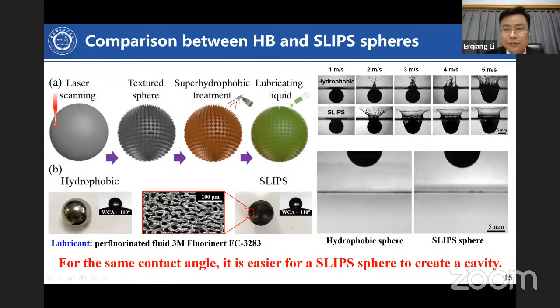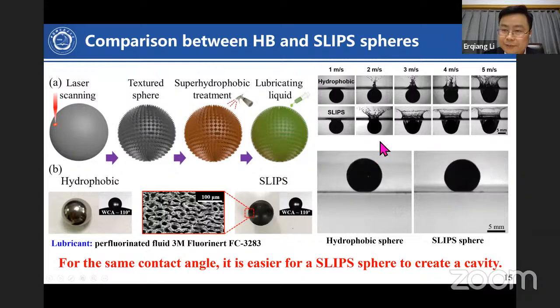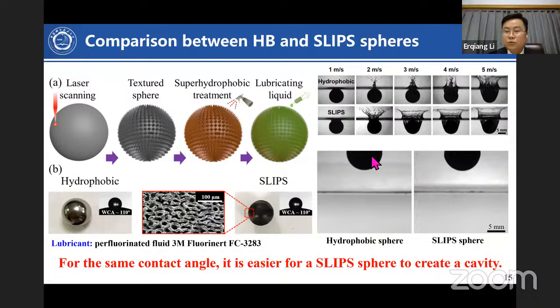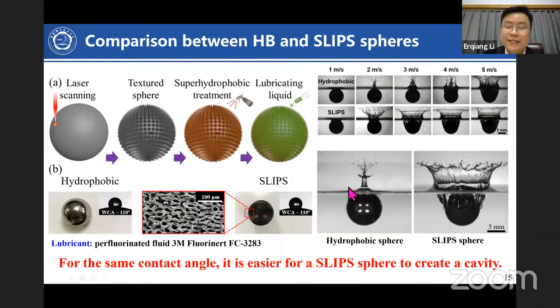Another thing we should see is that to produce a cavity, the liquid sheet should not always contact the solid surface, right? Otherwise, it will just climb on the surface and close at the north pole of the sphere. You will not get a cavity. So to produce a cavity, the lamina, as we will call it later, should detach from the solid surface. So we think the lamina evolution is very important.